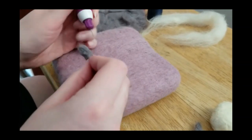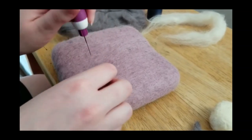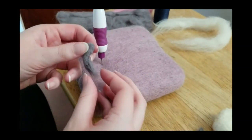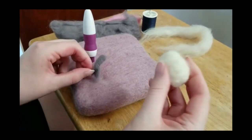And you just want to go until this is nice and firm as the body, if not firmer. And there we go, this should be fine to attach. Aww. Now we can take our cat,